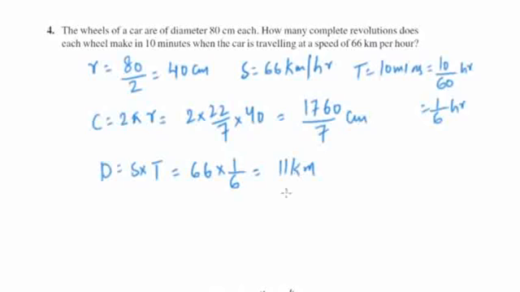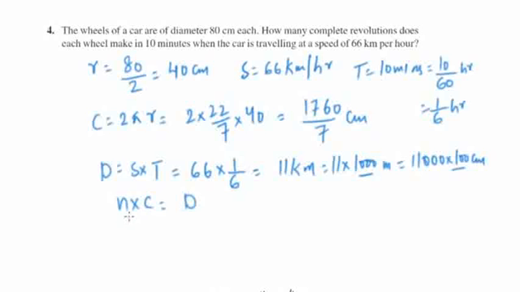So we need to change the unit of the distance in centimeter, as circumference is in centimeter. So 11 multiplied by 1000 will give the answer in meters. Now if we again multiply 11,000 with 100, we will get the answer in centimeters. As we know that in 1 kilometer there are 1000 meters, so we need to multiply it with 1000. Then we know that in 1 meter there are 100 centimeters, so we need to multiply it with 100. Now we have the answers in centimeter.